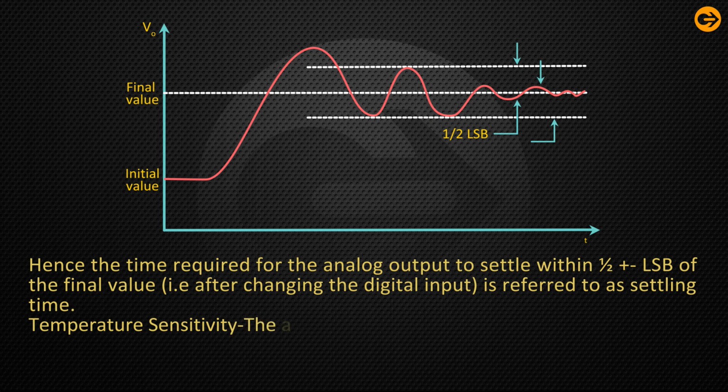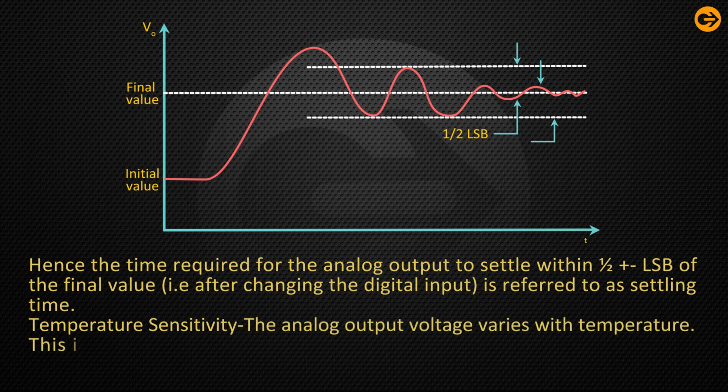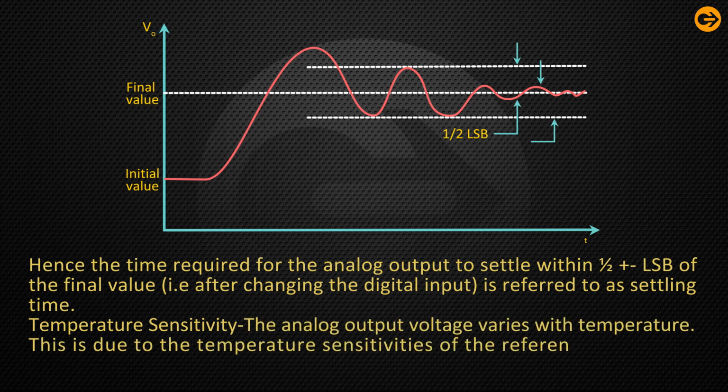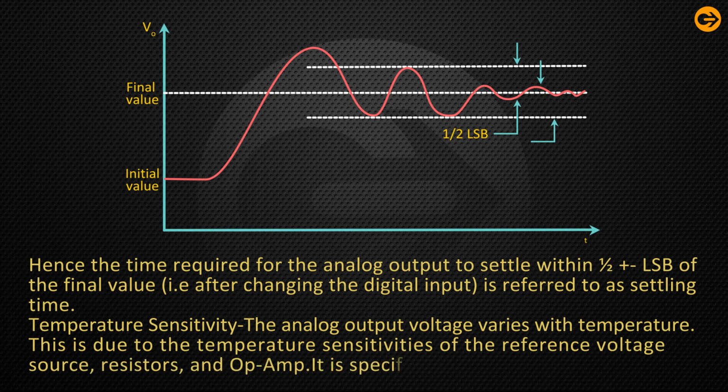Temperature sensitivity. The analog output voltage varies with temperature. This is due to the temperature sensitivities of the reference voltage source, resistors and op-amp. It is specified by